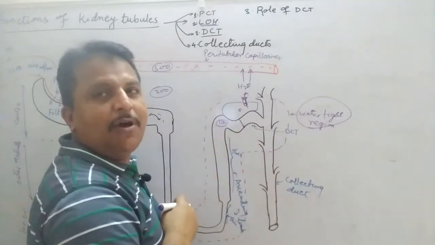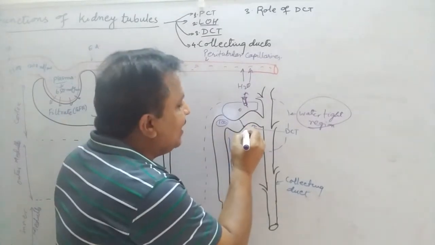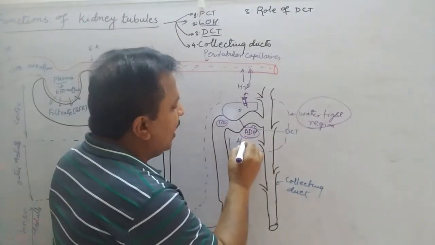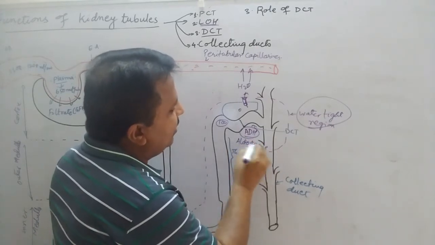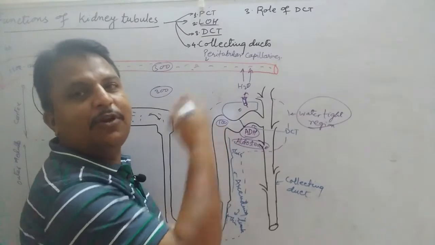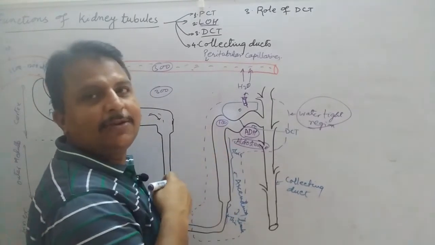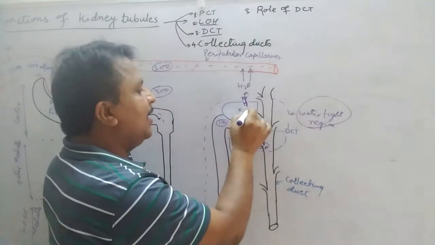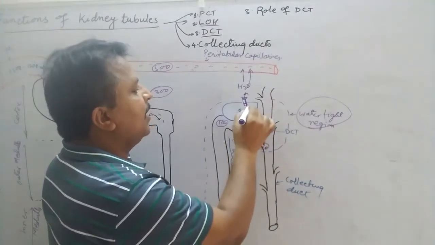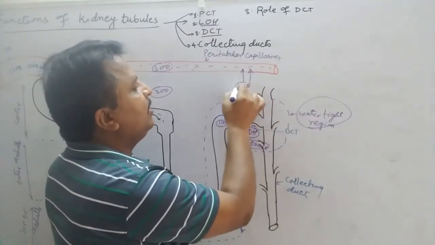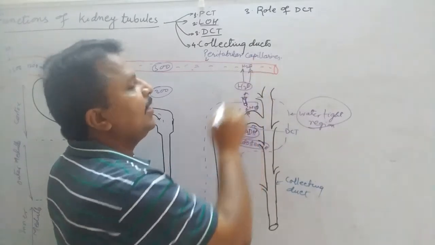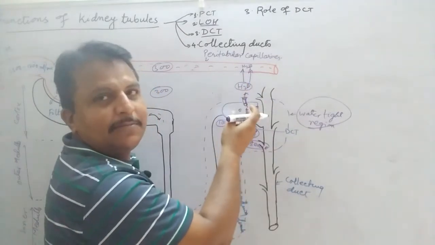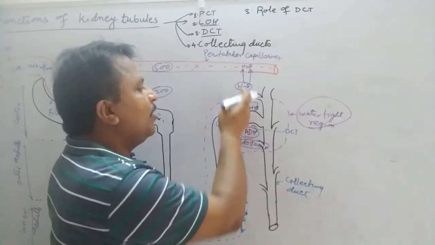Which hormone will form this aquaporin? The condition brings ADH, and the second hormone is aldosterone. These two help in reabsorption of water and electrolytes from the distal part of the DCT. This will allow the water to pass out. H2O will move here. First the water will be absorbed here, and there is a low concentration here, so it will absorb water osmotically and the water will move on.